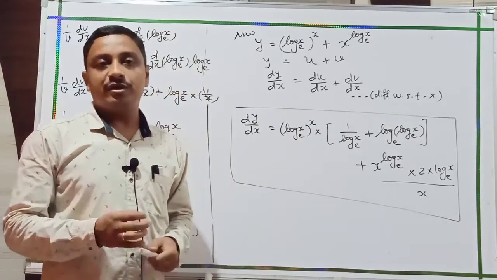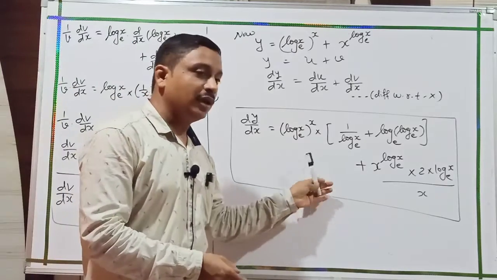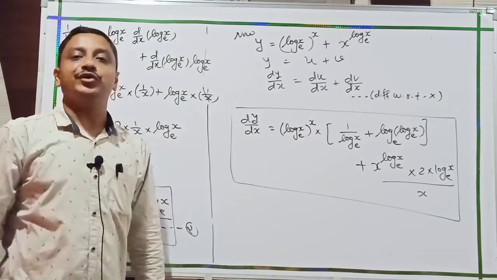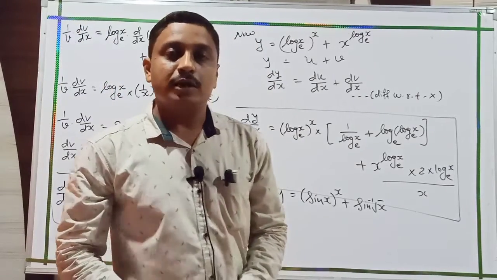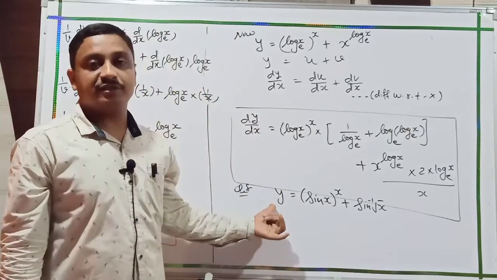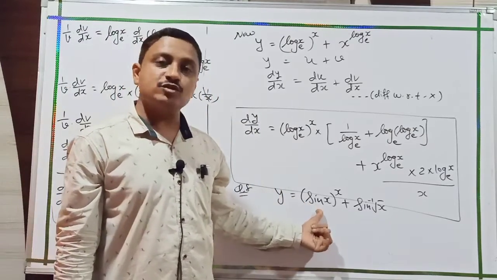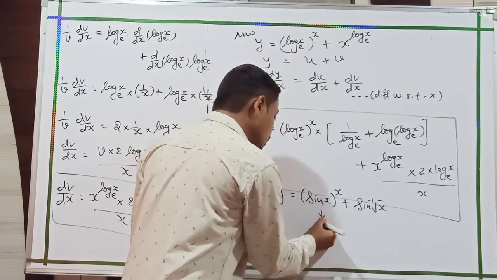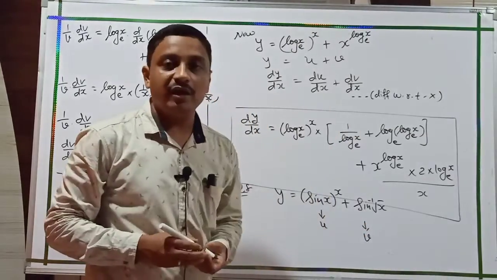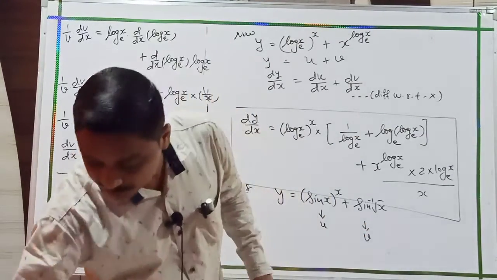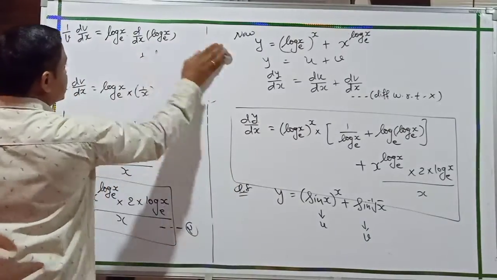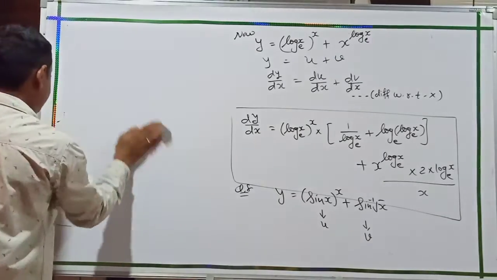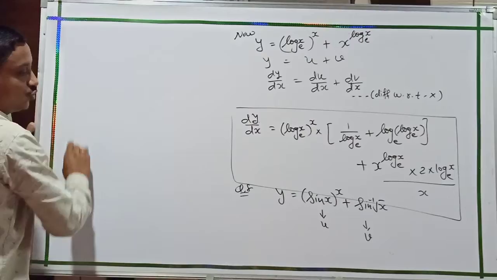I hope you understood the two criteria, one at the u level and one at the v level. Yes. Now I slowly move ahead. Next question. Now students, I am going to question number 8. The question is y is equal to sin x raised to x plus sin inverse root x. So this is also the same: here a substitution for u and here a substitution for v, and we take both functions one by one. Students, I start the solution. First of all I start with the u function and after that the v function.